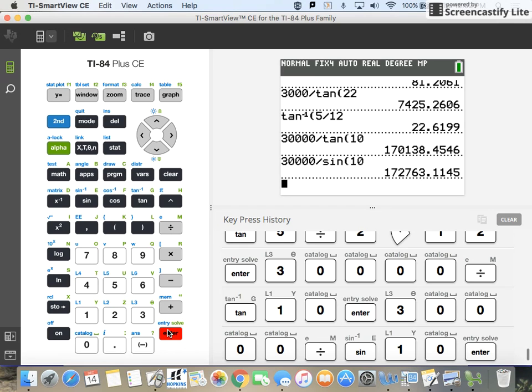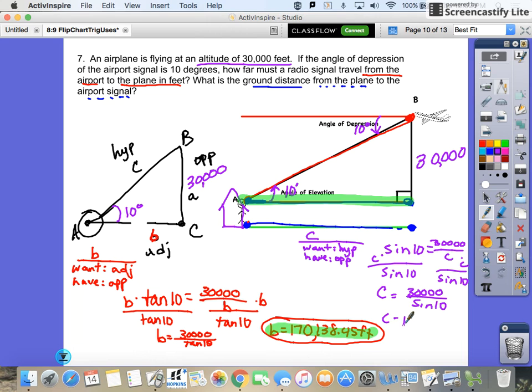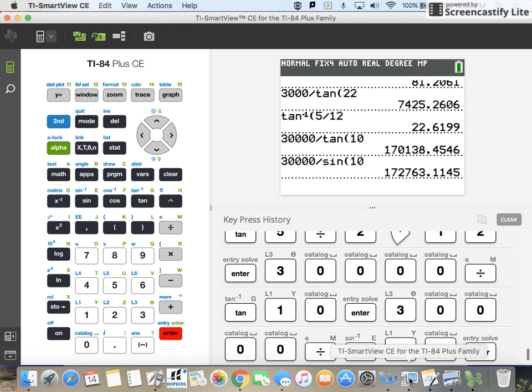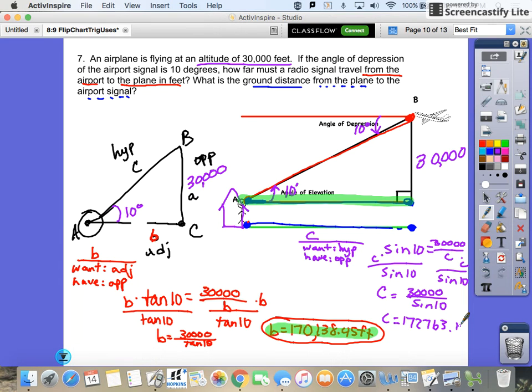Which is 172,763.11. And that is also feet. So that means this straight distance from the tower to the airplane is 172,000